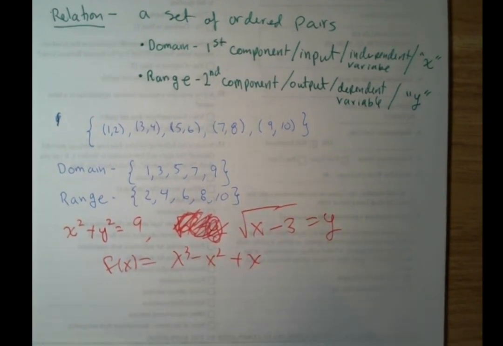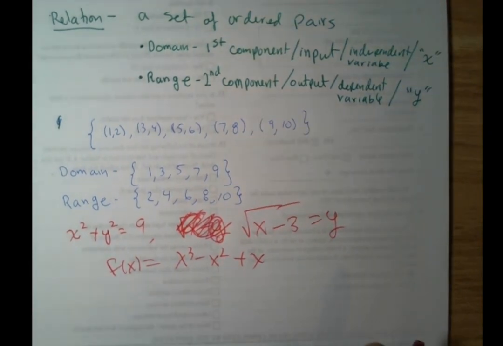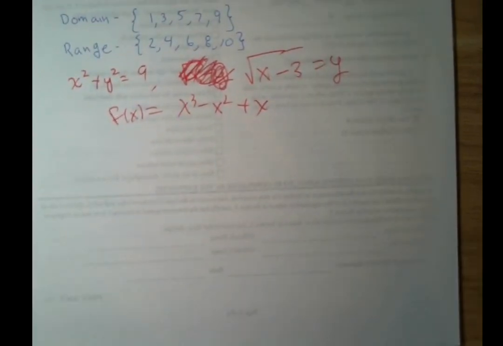If you're trying to think of a graph, a graph is just representing an infinite number of ordered pairs. That's what the graph of a relation is. So now, what differentiates a relation from a function? Let's define what a function is. When we refer to a function,